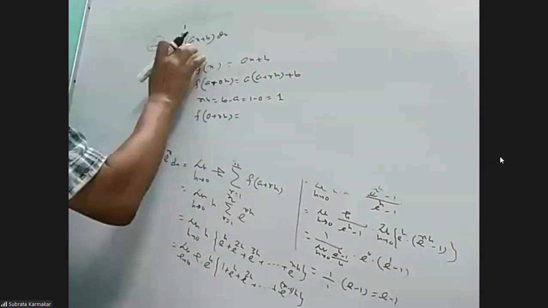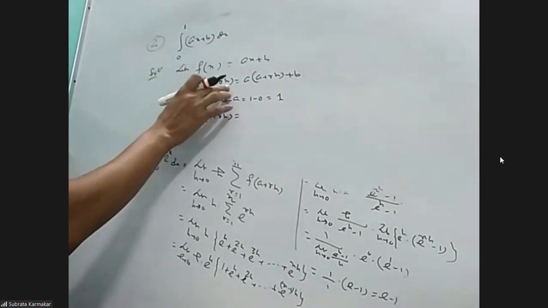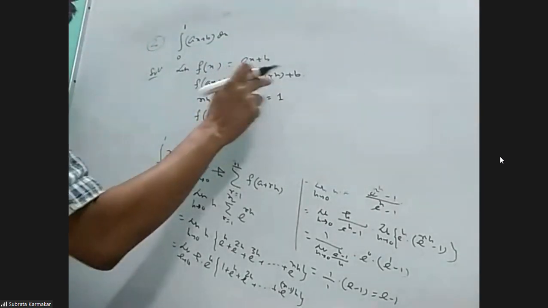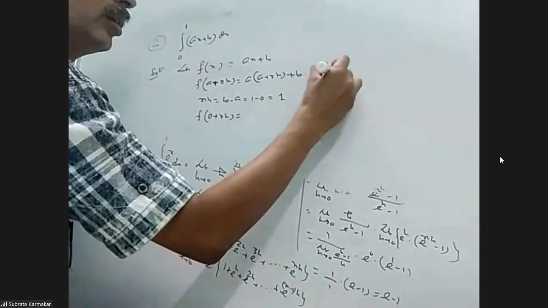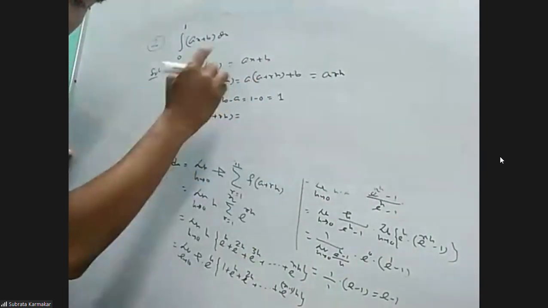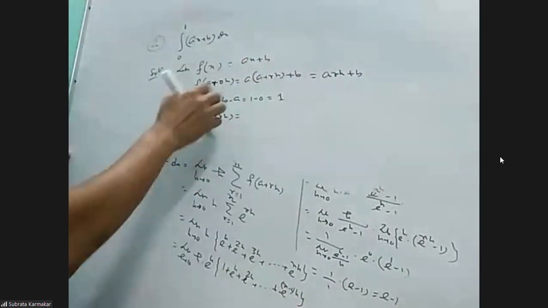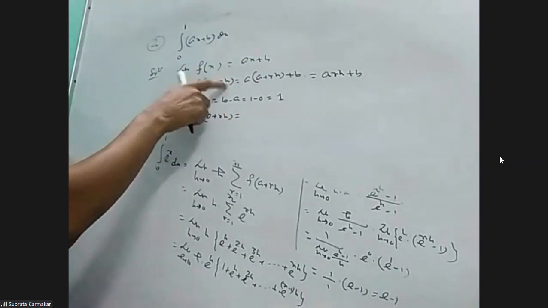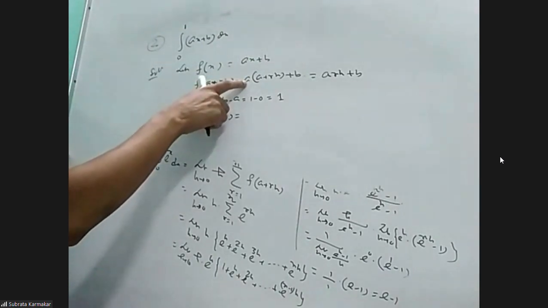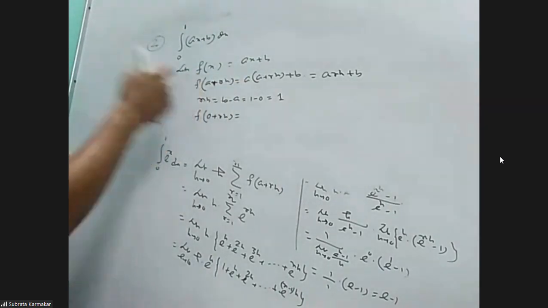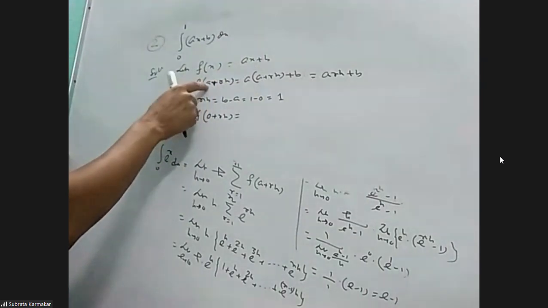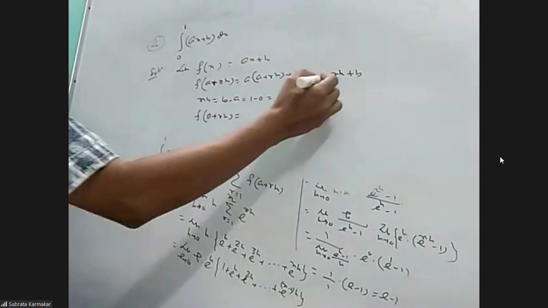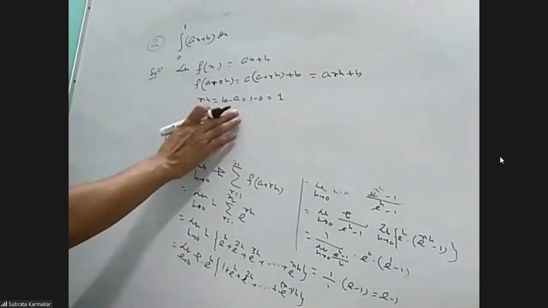See here, f of a plus rh. This a is actually a constant. Here a is 0, so you will get a times rh plus b. I repeat, you can use any other variable over here, because this a, the lower limit, and this constant a are totally different. So in order to avoid confusion, you can use another variable for this type of problem. So we get a rh plus b, and nh we got.